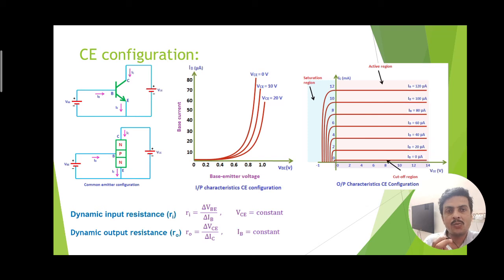There are two important parameters called input resistance and output resistance. Dynamic input resistance means the change in base emitter voltage by the change in base current. This ratio is known as the dynamic input resistance. Similarly, dynamic output resistance R0 is the ratio of the change in collector emitter voltage to the